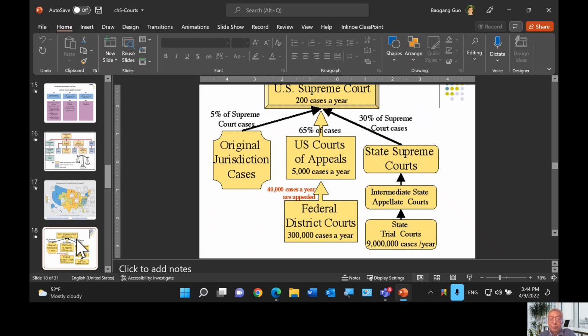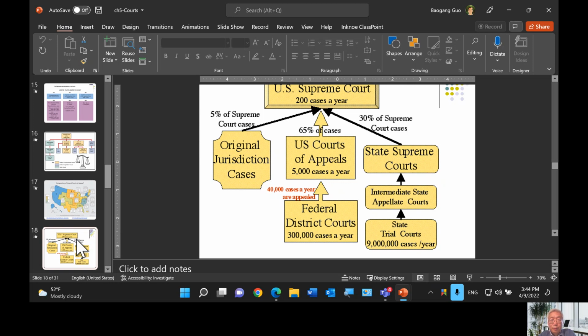But here is the difference. For the Courts of Appeals and the federal district courts, those hearings and reviews are generally mandatory. If somebody files a lawsuit and they meet all the criteria, you have to hear it. You cannot just say, hey, I won't hear it. If they meet the standard, you have to hear it. So the review of those decisions is mandatory.